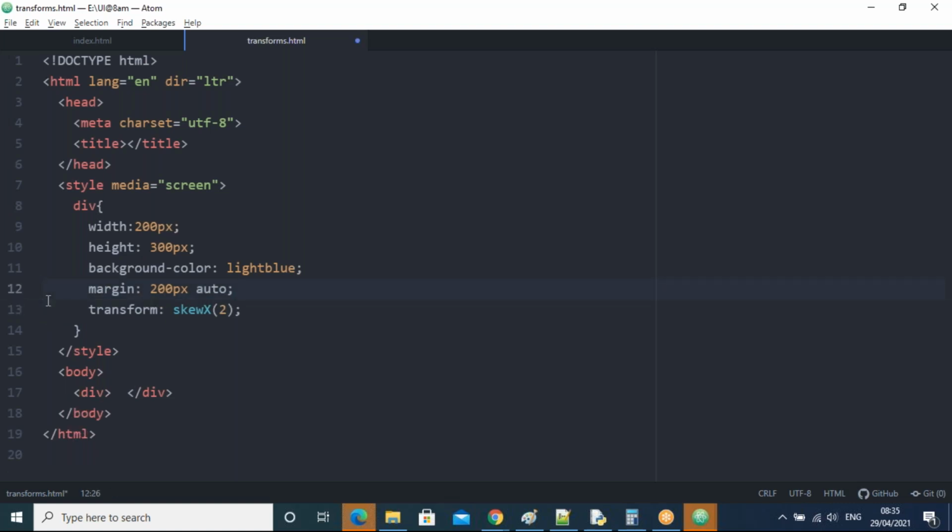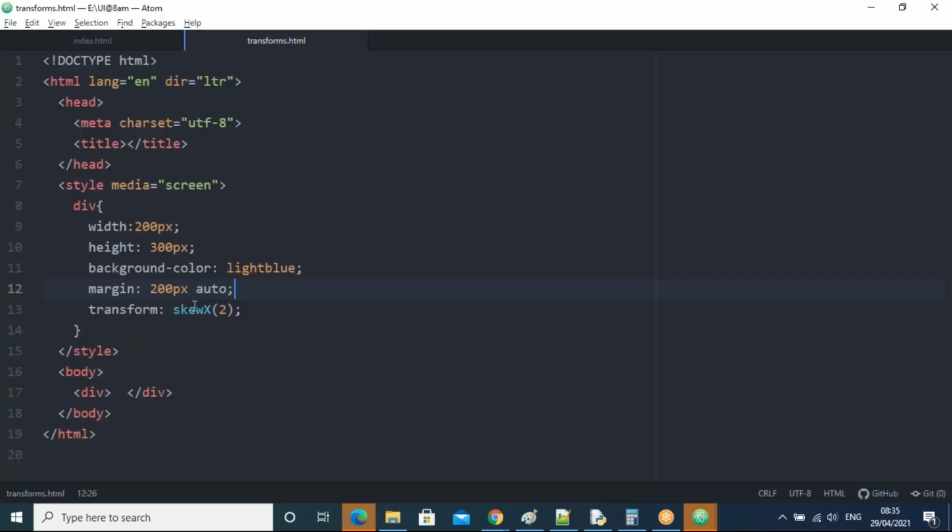Let us try without scale. No. If you remove the x also, no. Actually, these animations and transforms depend upon the browser.